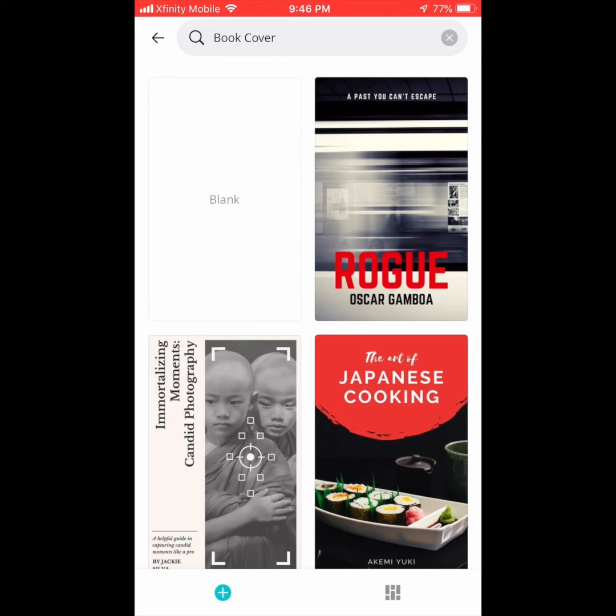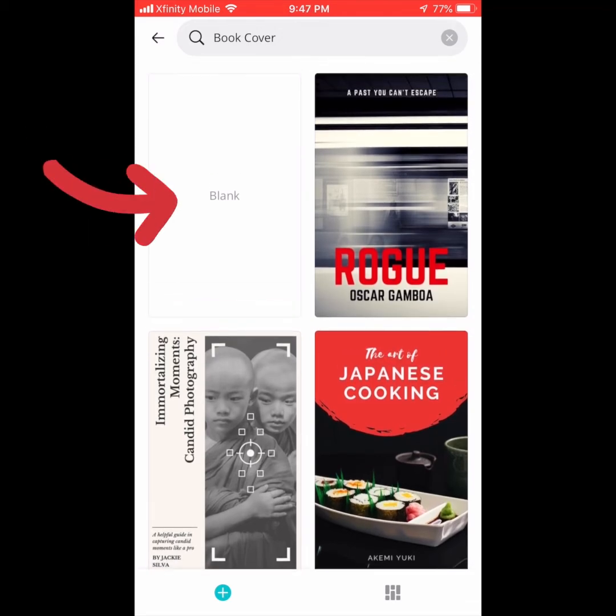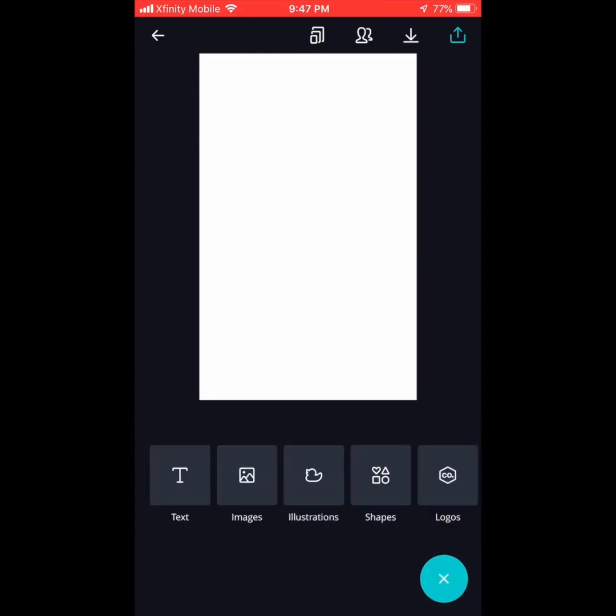The next thing that you could do is you could go blank. So click blank. Remember, it's already sized for especially a Kindle ebook. We're going to hit that blue circle with the plus sign. We're going to tap that. That gives us all the options where we can place content or a picture, or if we wanted words or shapes inside of this perfectly